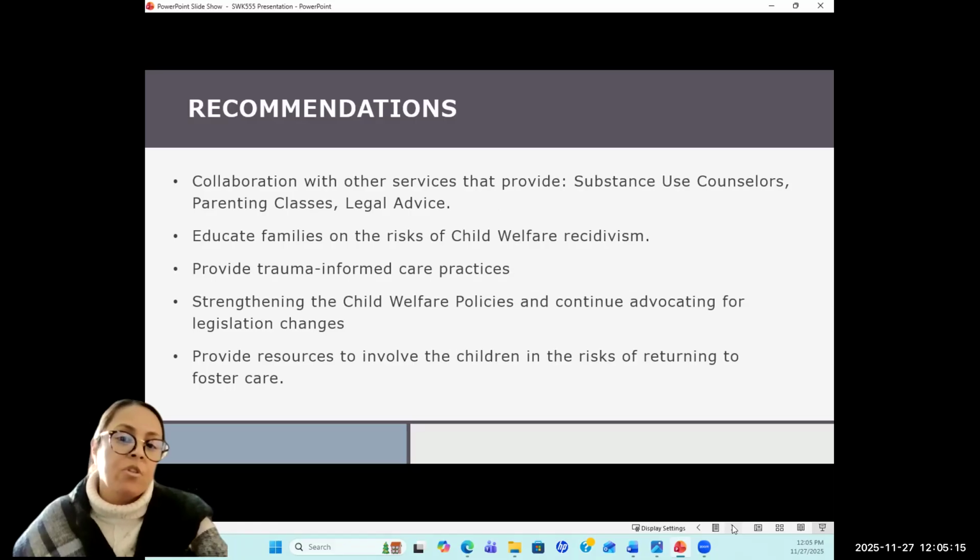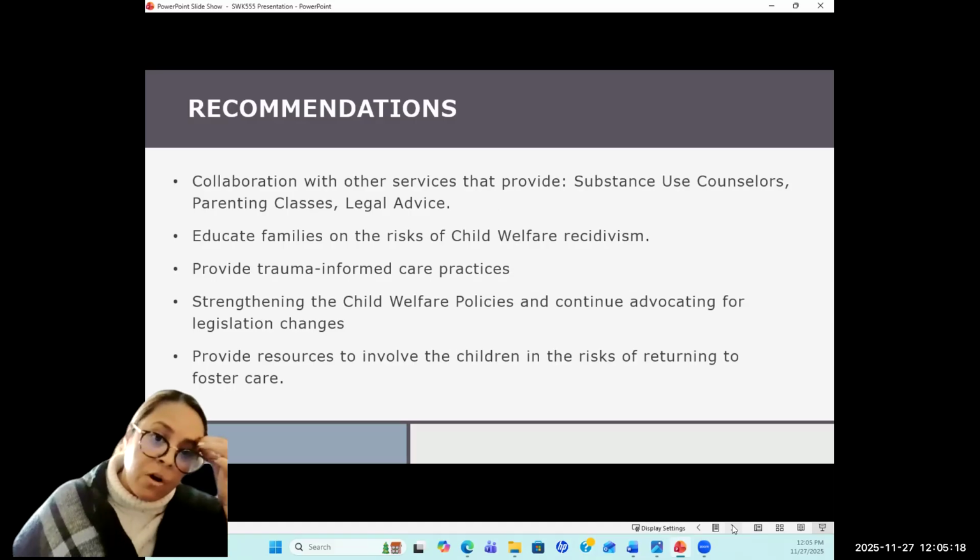Provide resources to involve the children in the risks of returning to foster care.